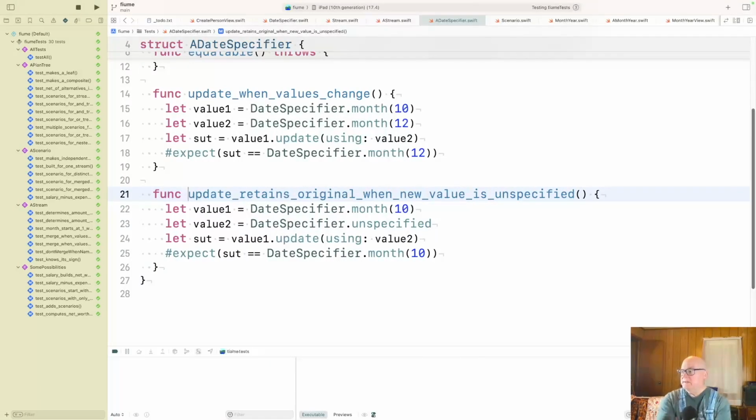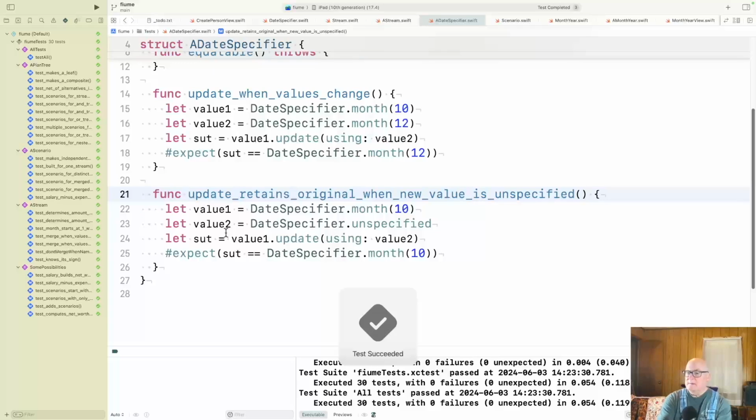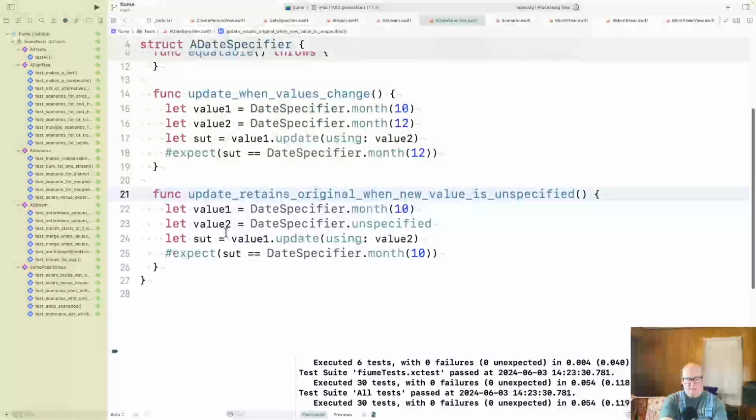Omitted. Yeah, that's, yeah, I don't know. I wonder about unchanged, maybe.